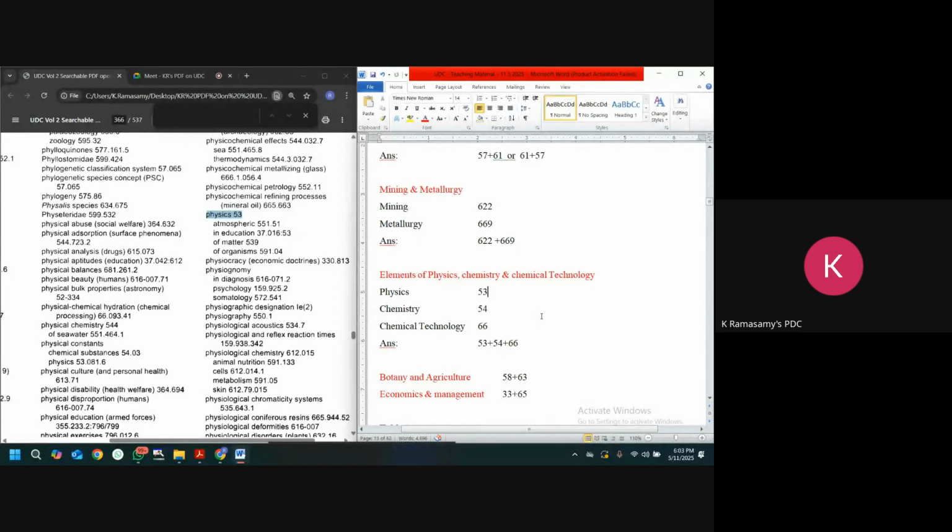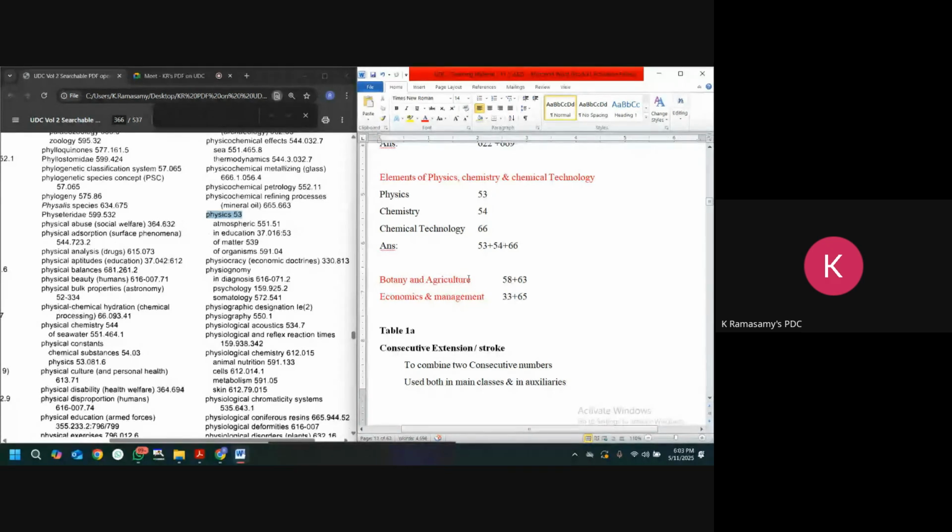Fine, good. The same way, botany and agriculture. So the number for botany is 58. The number for agriculture is 63. The answer can be 58 plus 63 or 63 plus 58. So normally, when you see a title of the book, no,